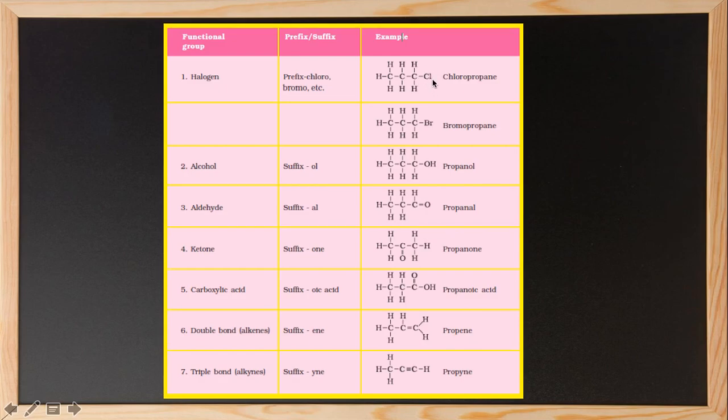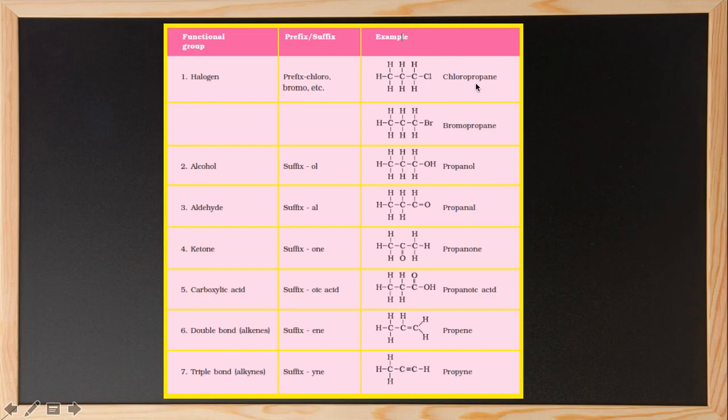Since this chlorine is attached to this particular compound, it is 1, 2, 3. So 3 carbons are there, so it's obviously propane. But since the halogen is attached, we have to give it a prefix. If it's chlorine, then we say chloro. If it's bromine, we say bromo. Since it's chlorine, we say